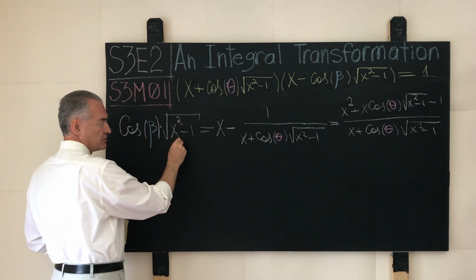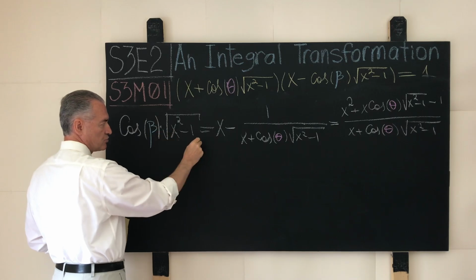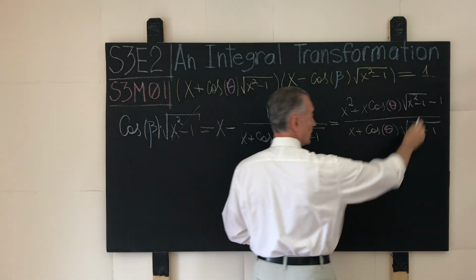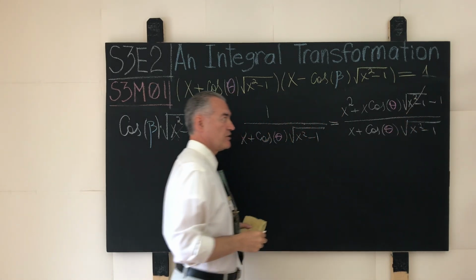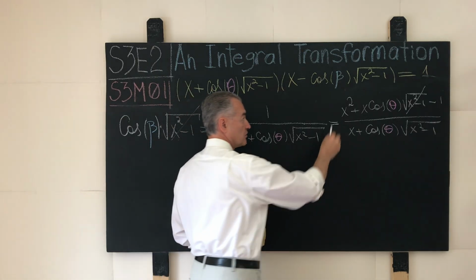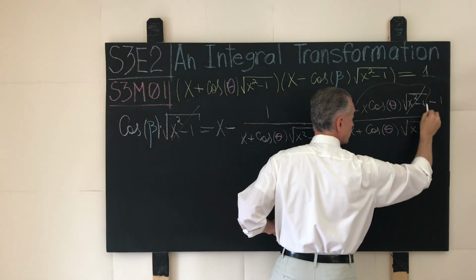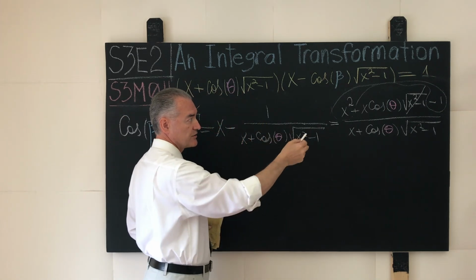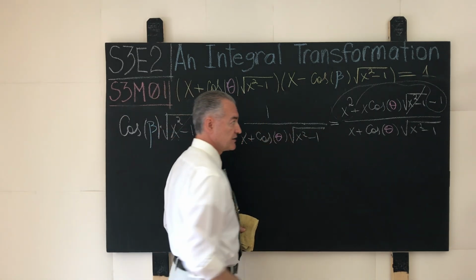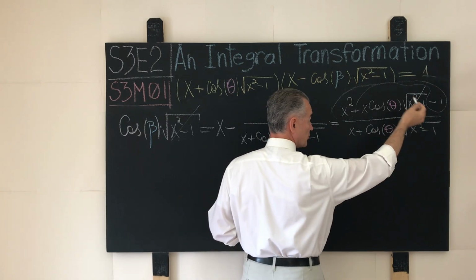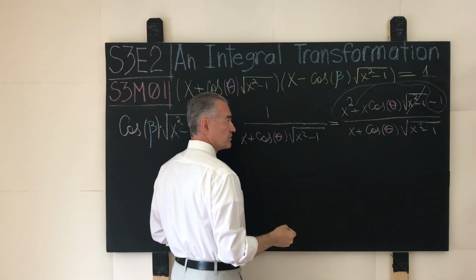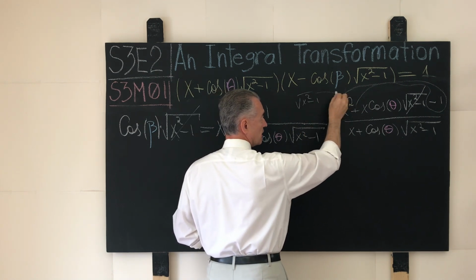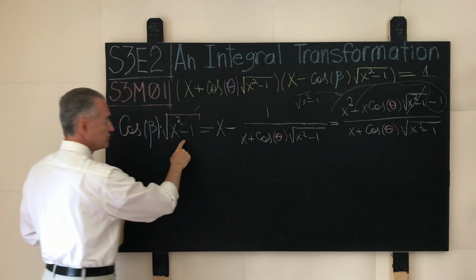Because x is strictly larger than 1, this expression over here is never 0. Divide by this on the left-hand side of the equal sign. Divide by the same thing on the right-hand side. And what do we have? Well, we now have this right here. Again, x squared minus 1 is represented as the square root of the whole thing squared. Once we extract the square, we have the square root of x squared minus 1 left over once we do this cancellation, and